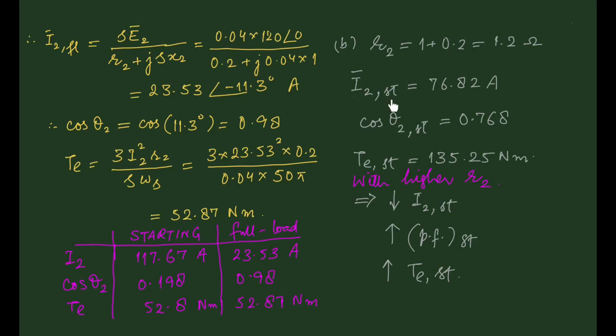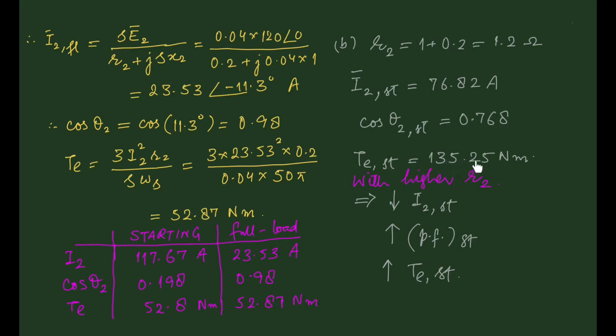The starting current comes out to be equal to 76.82 amperes, and the rotor power factor comes out to be 0.768,